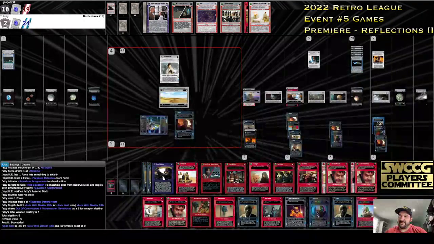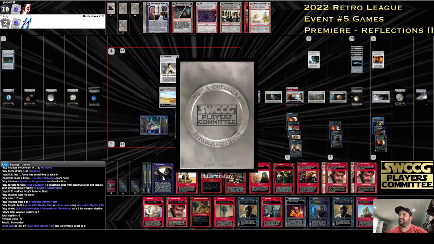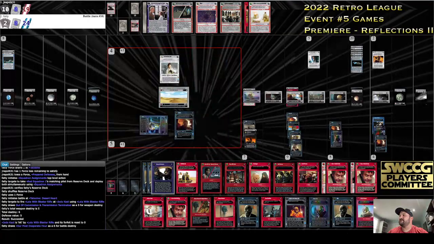And the funny story about the Mayos is I built this deck, or something similar to this actually, it's the same format for Premiere Reflections too, for the 2021 retro event, which was the Friday of Worlds. And in doing so, I realized I only had 2 Mayo in my playing collection. No, I think I only had 1 Mayo in my playing collection because I had to dig the black border